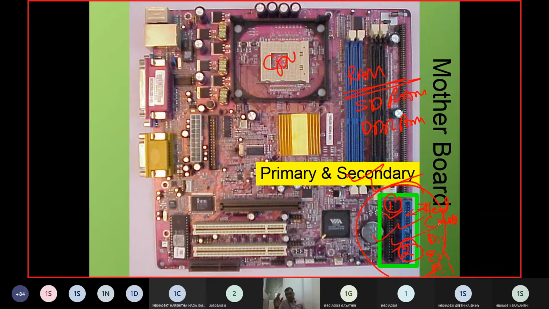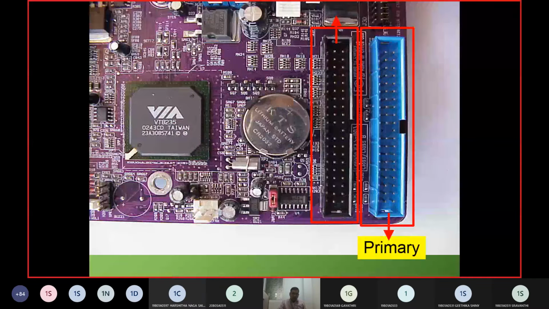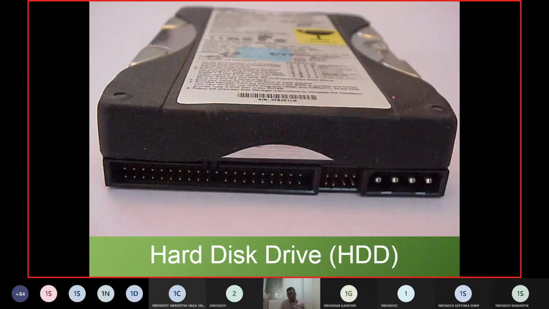When it is connected to the primary and secondary position, only then will the transferring of content be possible. So a little bit of zoom for you, to understand where the clipping will happen, where we can join our hard disk in the slots. This is the hard disk. When you are purchasing your laptop, I was repeating the three configurations.